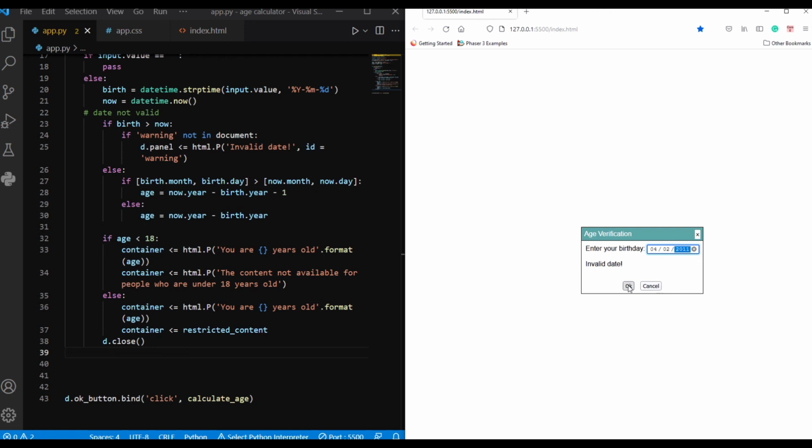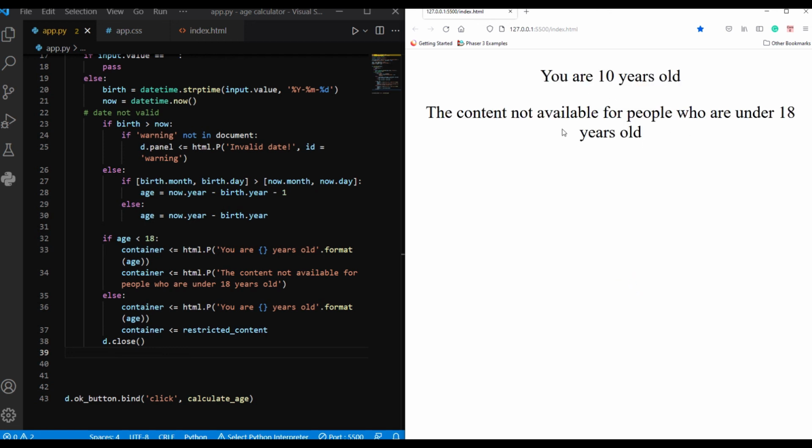If you're following along, you may notice that the text on my page looks different than yours. It is because I modified the CSS to make the text larger and centered. CSS is not the focus of the video, but I encourage you to play with it and improve the code,